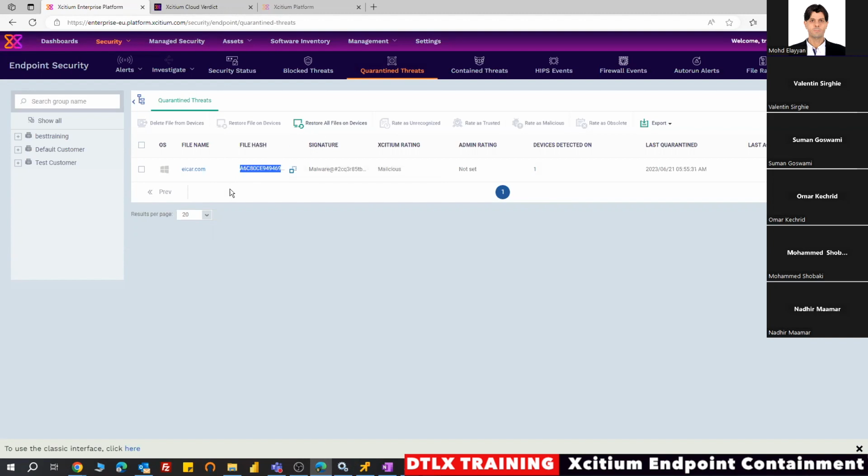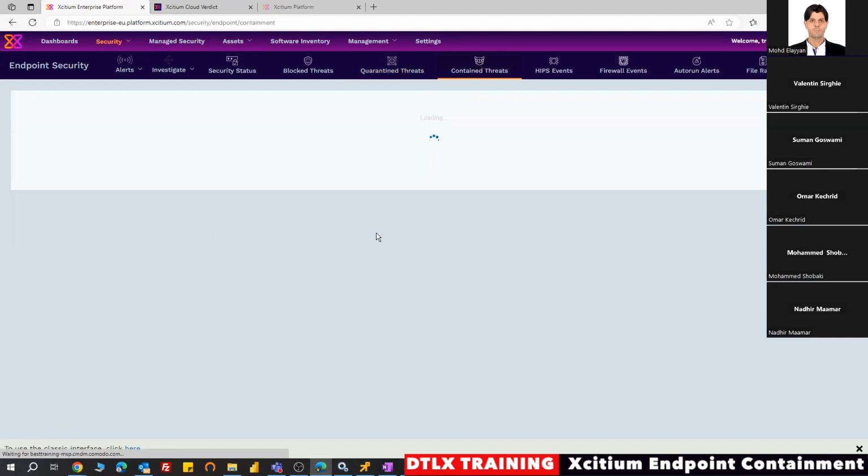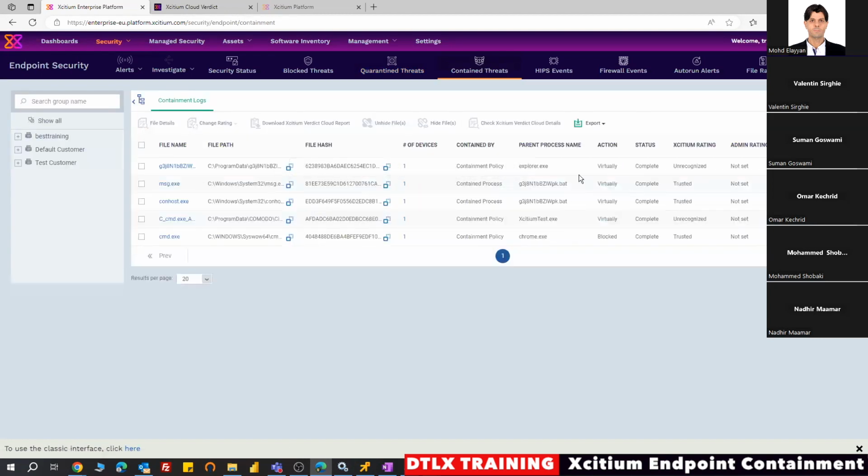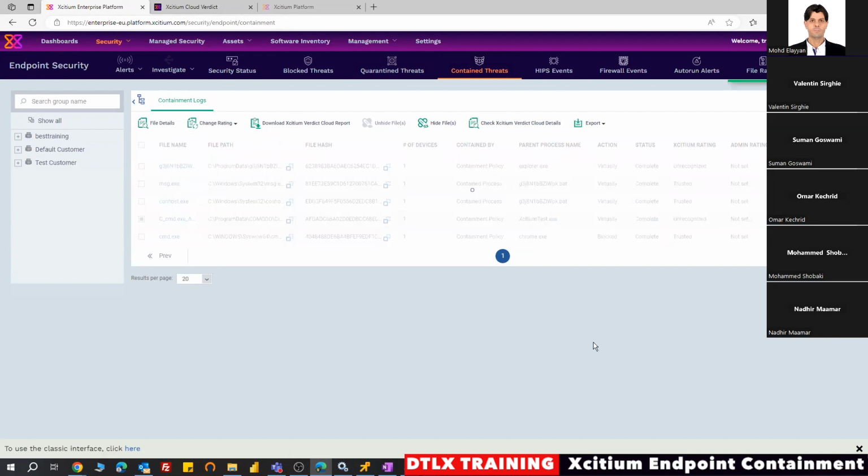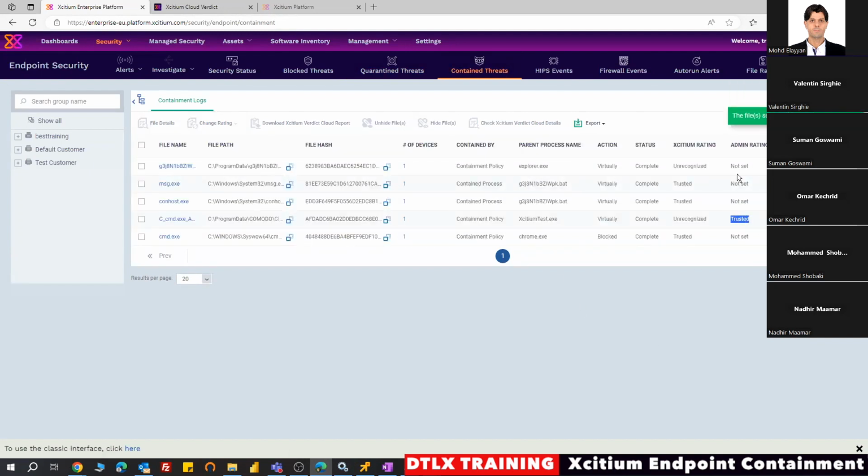So the best way is to, for the antivirus, add an exclusion by name. You will be forced to use the name. Or the containment, the same thing, everything that will have here. So let's say if I would like my bad file to be trusted, only that command, I will just do this. And do you see here? It's trusted by admin rating. Always the admin rating will override the Xcitium rating. But if I make any change to this script, then we'll have a new hash. I will have a new entry here, and again, we'll have the unrecognized